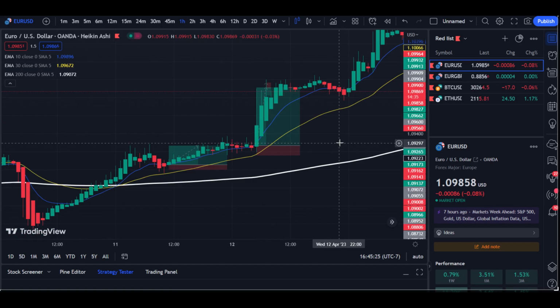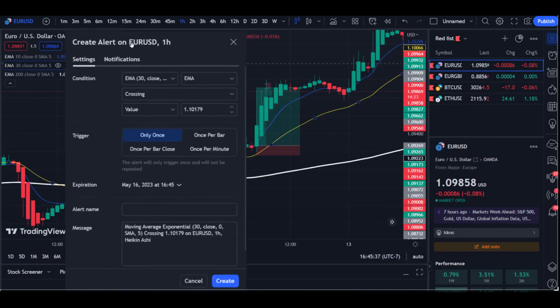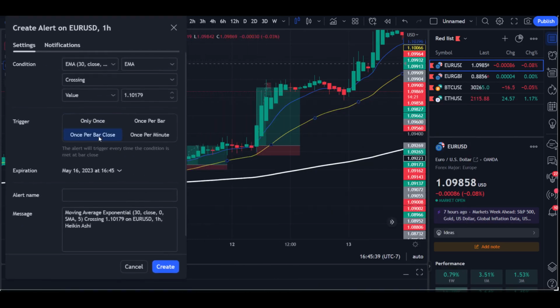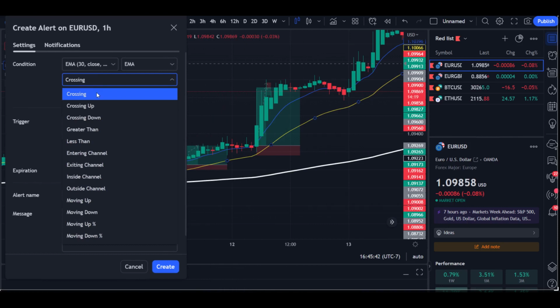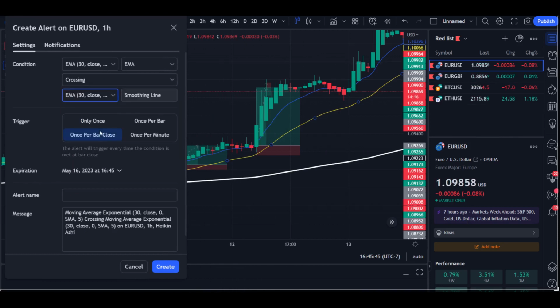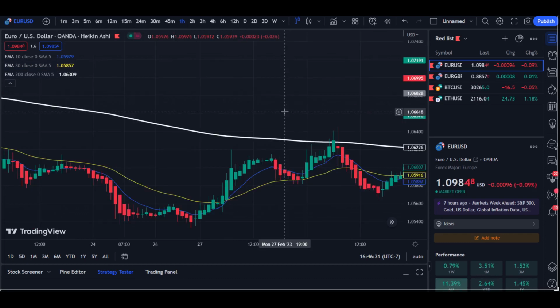So as a tip, if you would like to receive alerts on this, you can set an alert for the 30 EMA. You'd click on once per bar close, and then you would put crossing 30 EMA. So whenever it crosses the 30 EMA or touches it, you can check the charts and see whether or not the trade will be good. All right, so